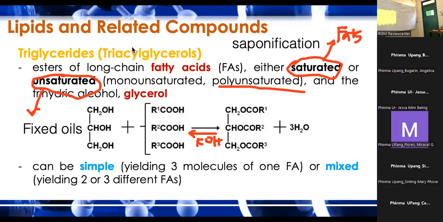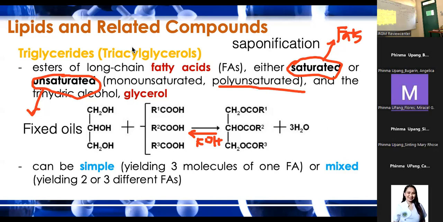So you have your fats and your fixed oils. There's another test for your fixed oils. Your fats and fixed oils. So tatlo na. Ay, pangatlo na to. So you have your acrolein test, which is a test for the glycerol. The second one is a saponification test, a test for the triglycerides, right? The third test ay